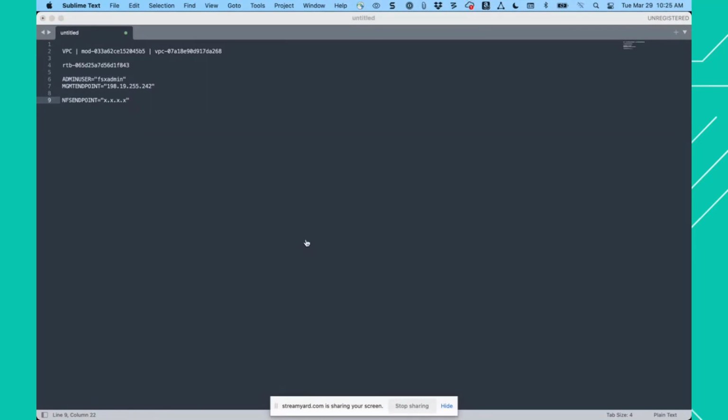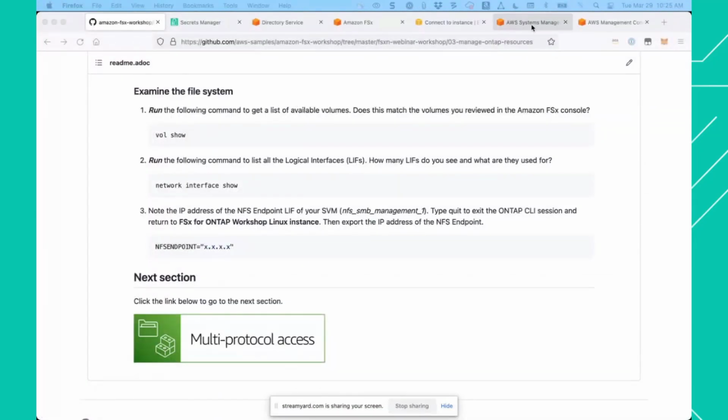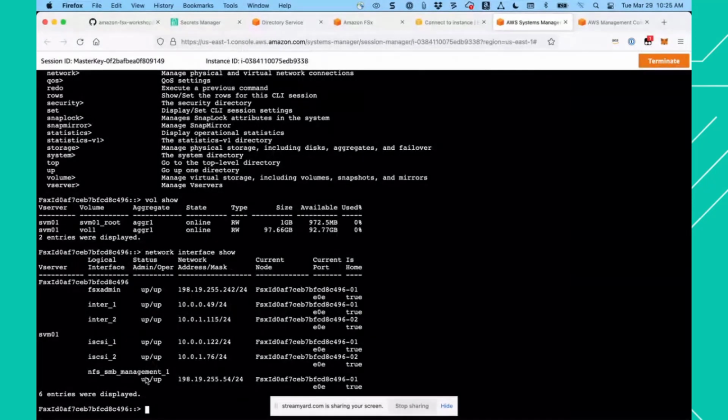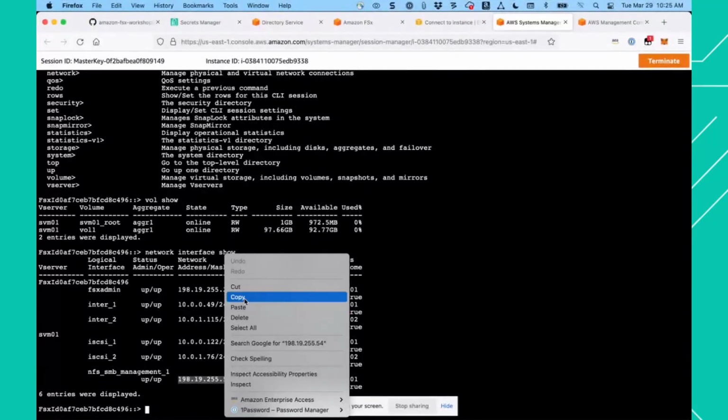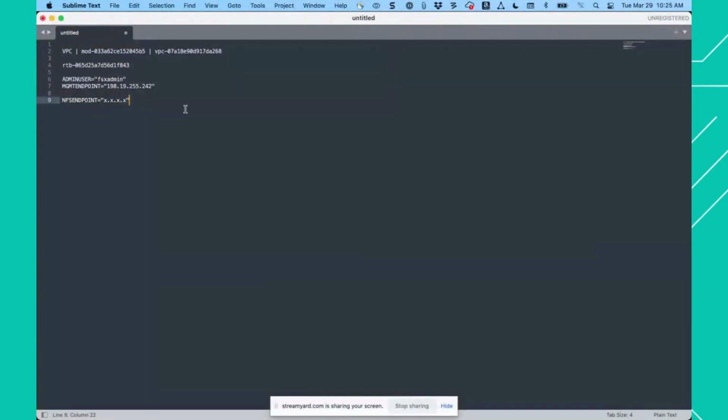paste that in. We're going to go back to the management console. We're going to copy this IP address. Back to the notepad, and we're going to paste this in. Okay, so now we basically paste it in. We have the IP address of the NFS endpoint. And let's go ahead and just copy that, and we're going to run this